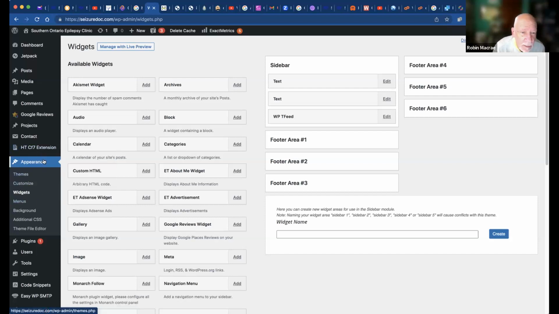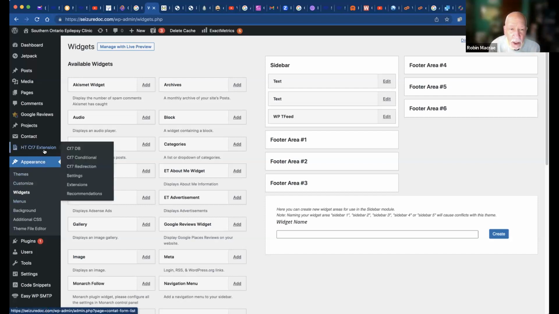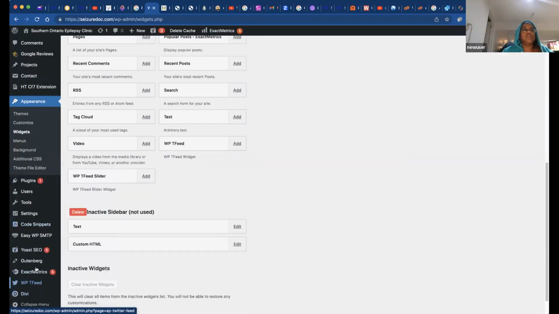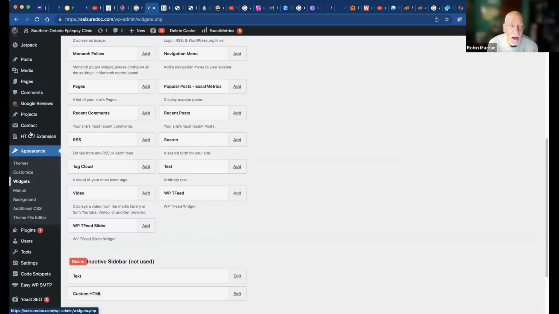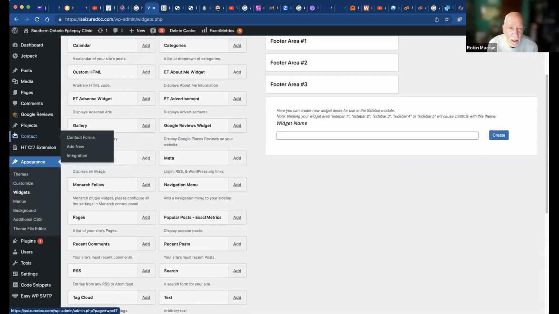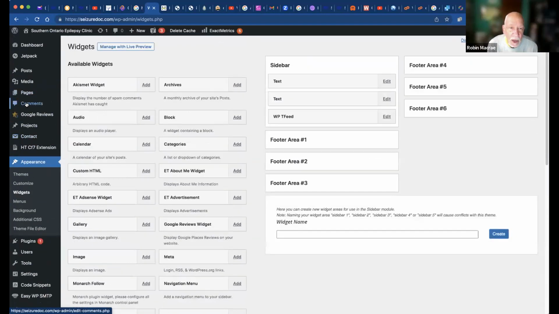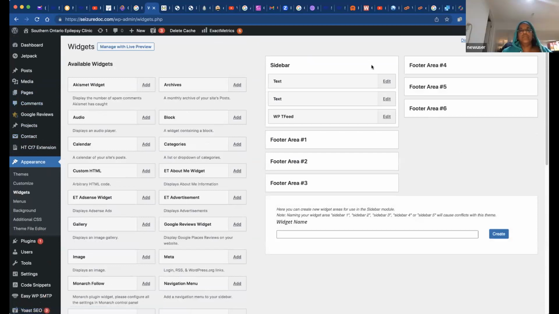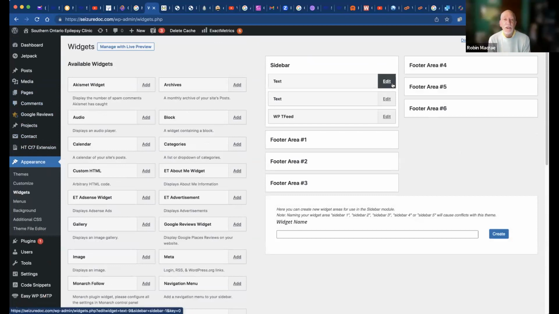I'll just look at the available widgets, footer areas, sidebar, text. Like here, wait a second. Just scroll back up, right to the top, where we've got the sidebar, where it says text edit. This is where you've changed. Yeah, I had to do the major change there.